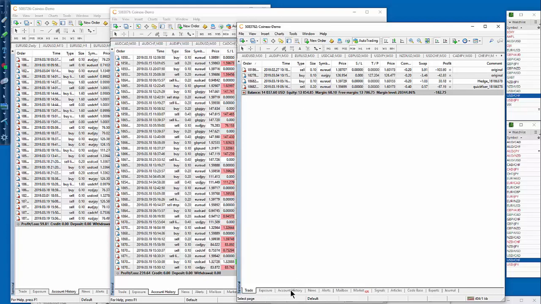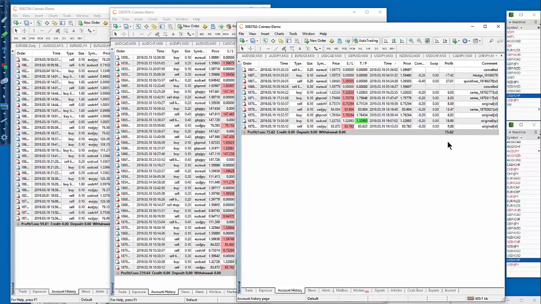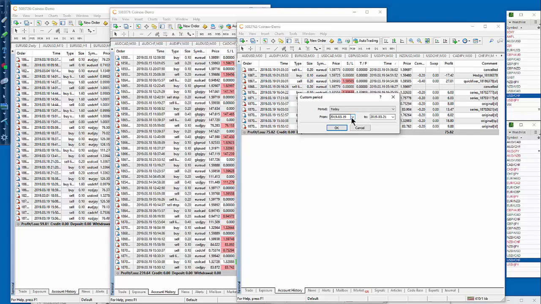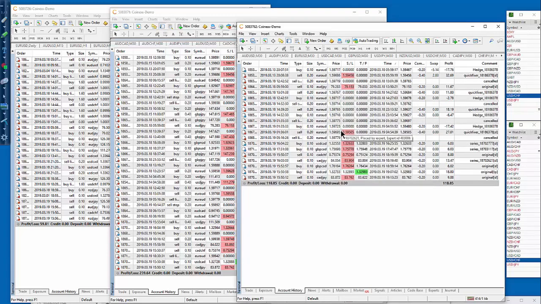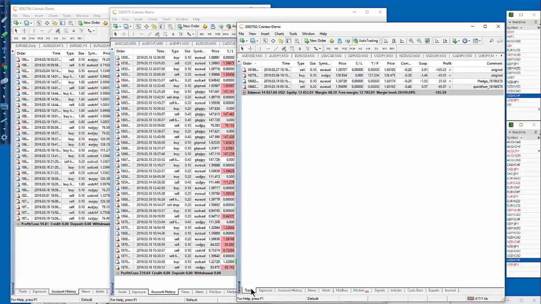Okay, when we go to the account history, we see that today, in the trading day that was Tuesday, it did $75.80. When we back this up to Sunday, the 17th, we see that the account has only done $118 so far this week. Okay, so it's not a situation where the accounts are making money hand over fist this week,